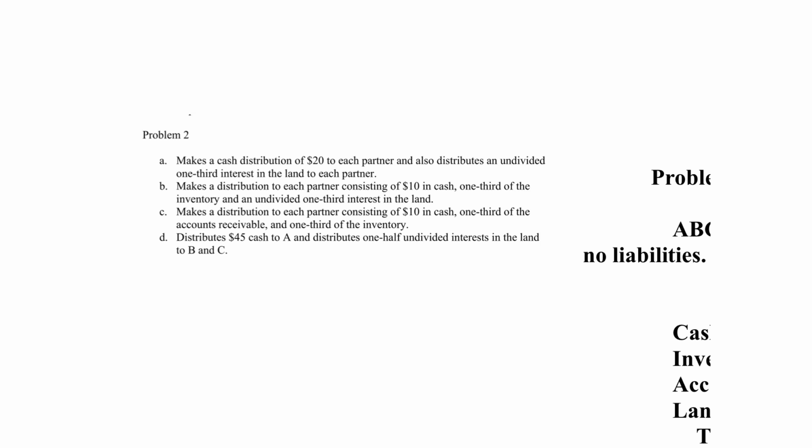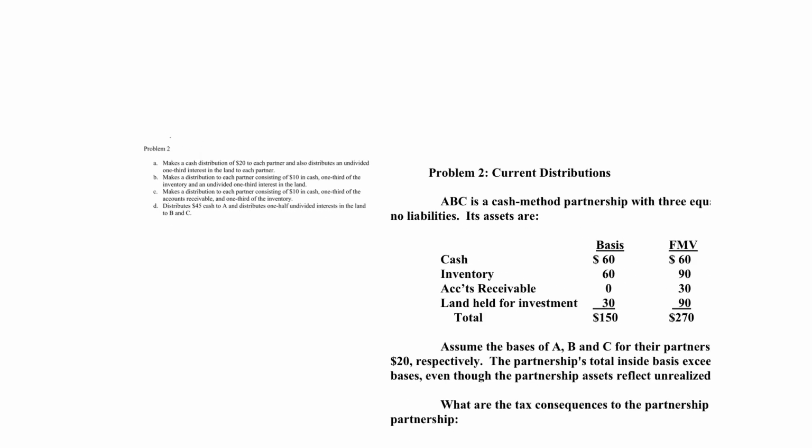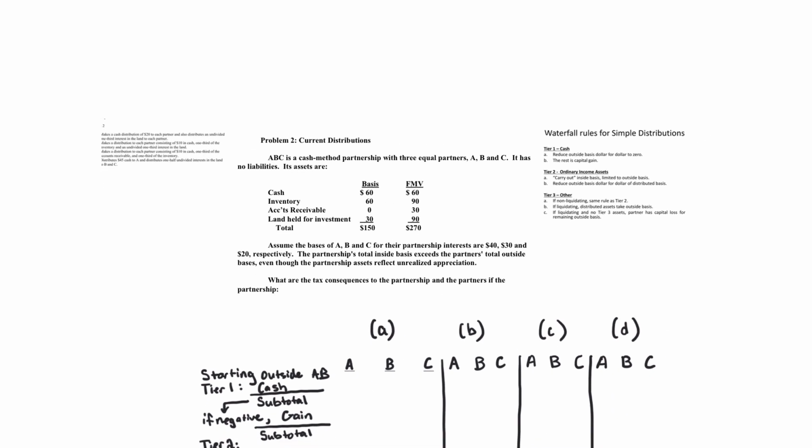In situation C, the partnership makes a distribution to each partner consisting of $10 in cash, 1/3 of the accounts receivable, and 1/3 of the inventory. And finally, situation D, the partnership distributes $45 cash to A and distributes a 1/2 undivided interest in land to both B and C. Okay, so considering those facts, let's go back